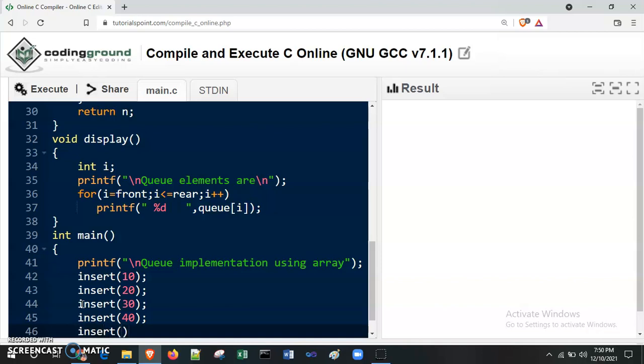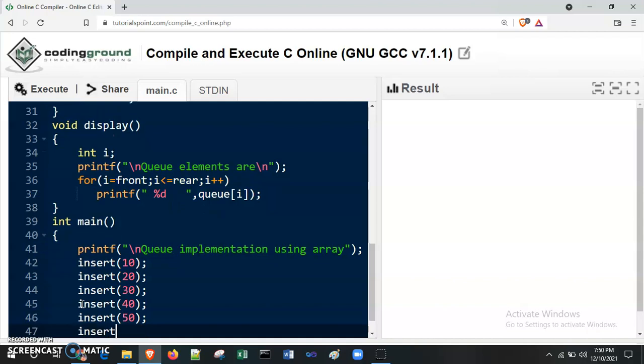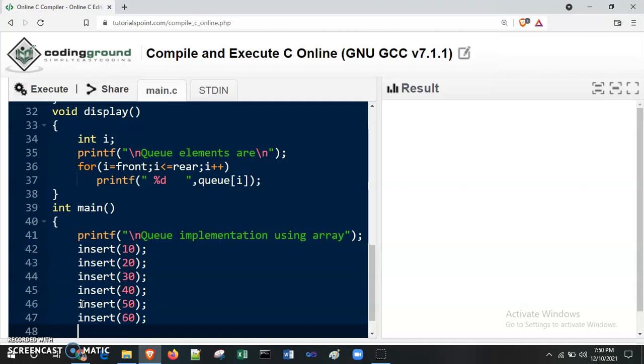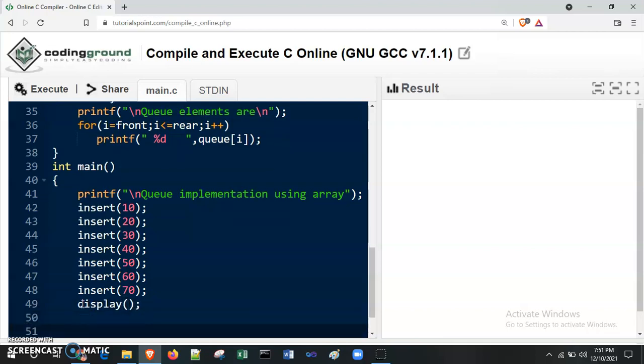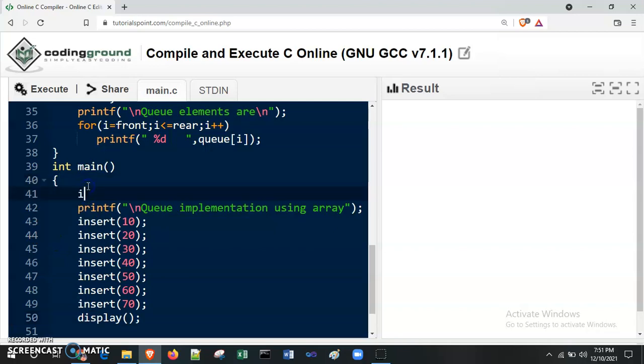So here we see how many elements successfully insert, when the Q full message will come in front of us. Now we display the elements. Then here I am declaring one more variable as n, and inside n I am